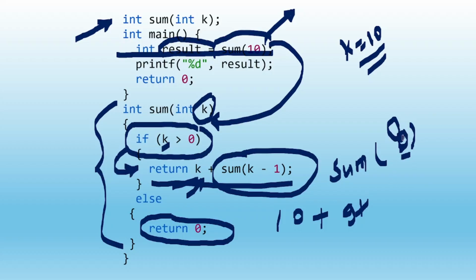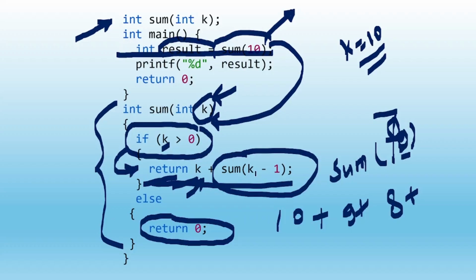Now again the value 8 will get copied in k. As k is greater than 0, it will again execute this statement and replace it with k plus sum(k minus 1). What is the current value of k? 8. So 8 plus sum of k minus 1, that is 8 minus 1, 7. So it will now call sum of 7. Then it will call 6, 5, 4, 3, 2, 1, and after 1,